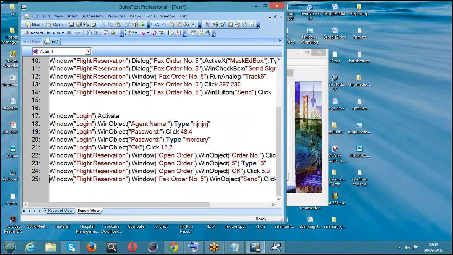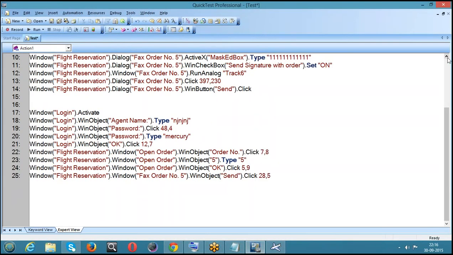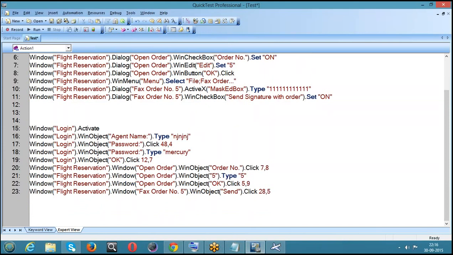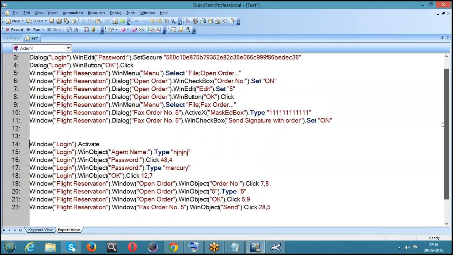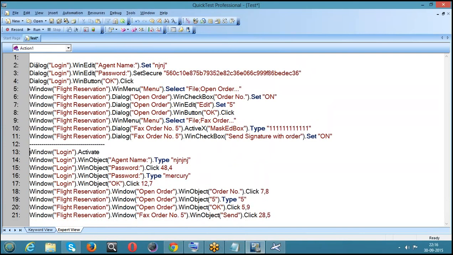Just have a look at the screen. Just compare this. So this is made of standard.